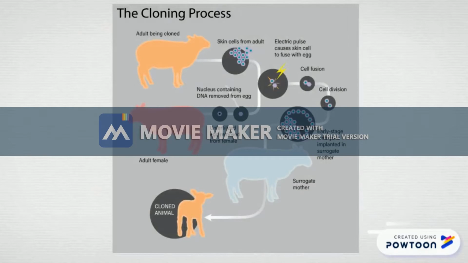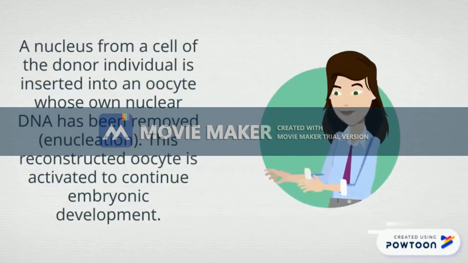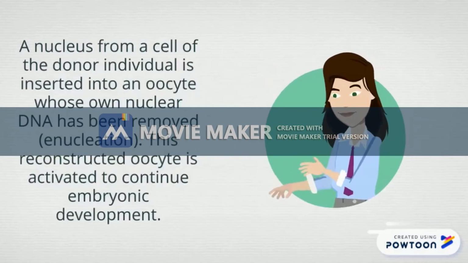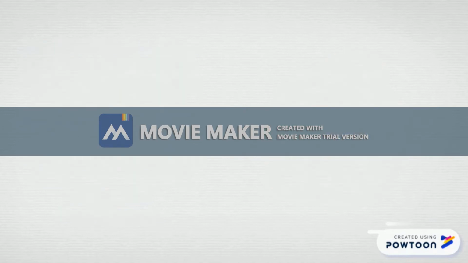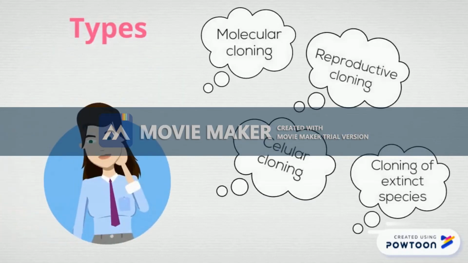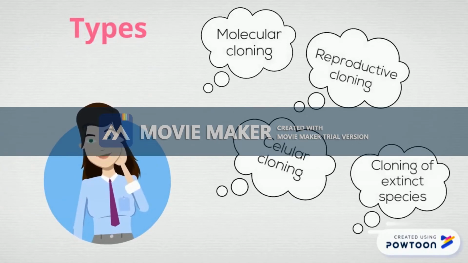Cells have the information, but it is difficult to generate an organism. As in the case of the sheep, they took a differentiated mammary cell and an enucleated ovule. This is an artificial reproduction where there is no fertilization. Types: there are different types: molecular cloning, reproductive cloning, cell cloning, and cloning of extinct species. For example, in